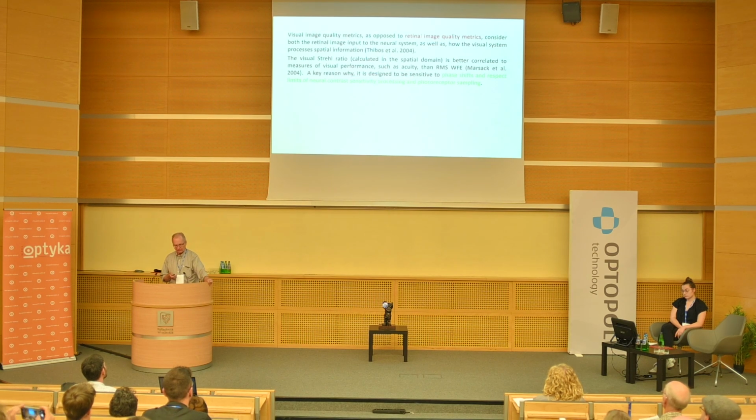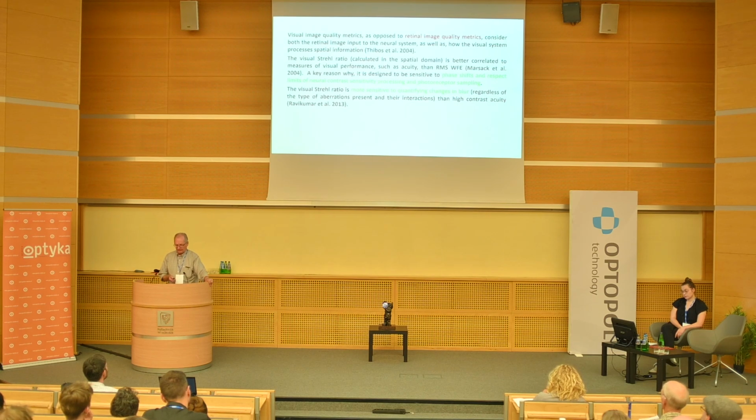And the key reason for this is it's designed to be sensitive to phase shifts and respect elements of neural contrast sensitivity processing and photoreceptor sampling. The visual Strehl is more sensitive to quantifying changes in blur regardless of the type of aberration present and their interactions, and